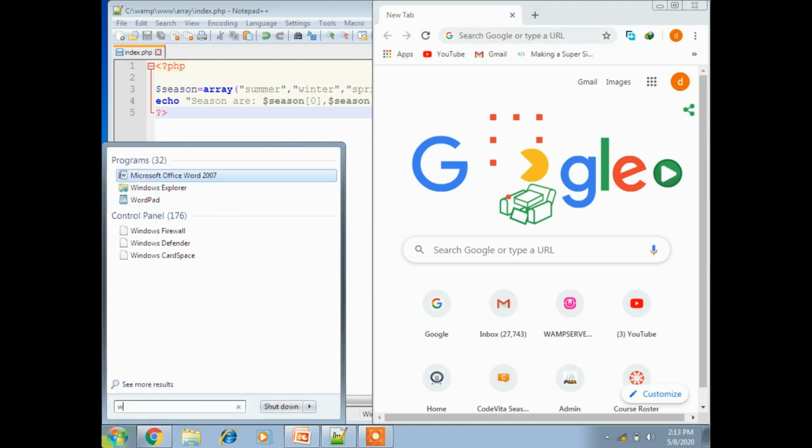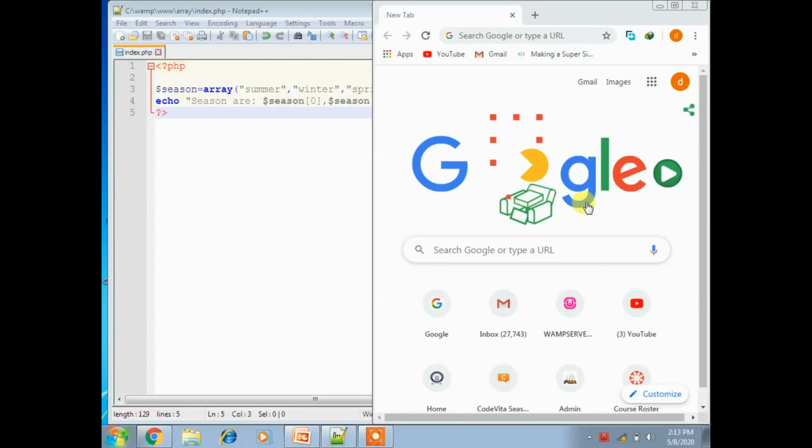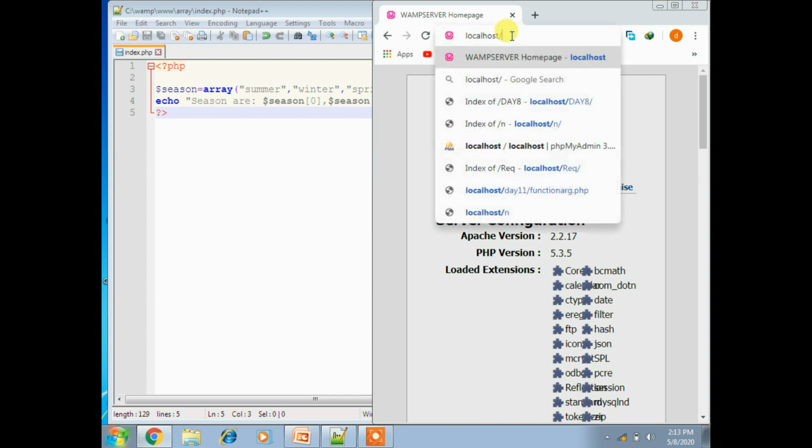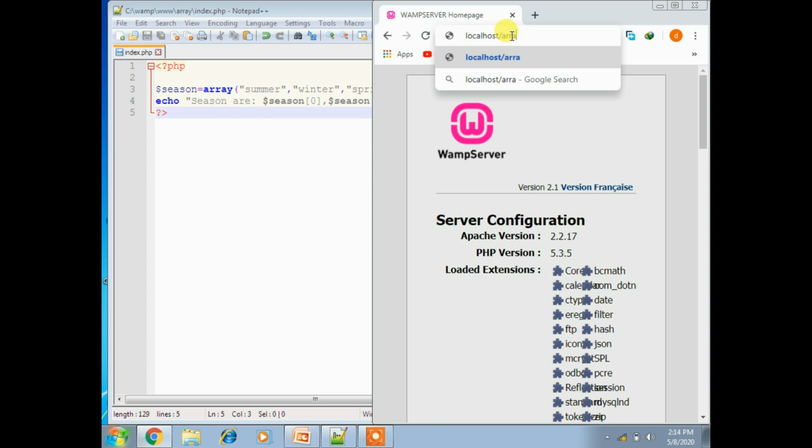We have to start the WAMP server, press yes, and you will get a message that the server is running, shown in a green color dialog box. Then type localhost to check that it is working. Now execute the program by typing the folder called array and the file name you gave.